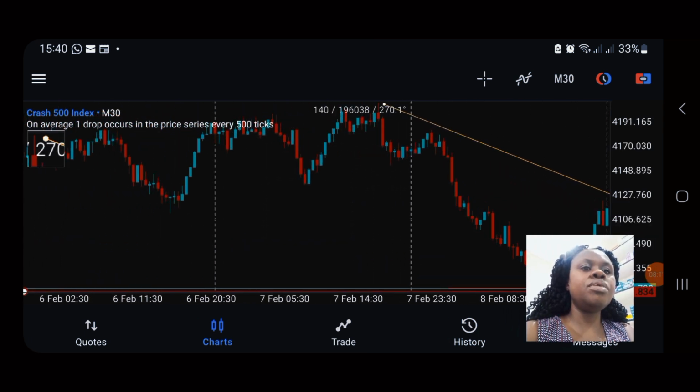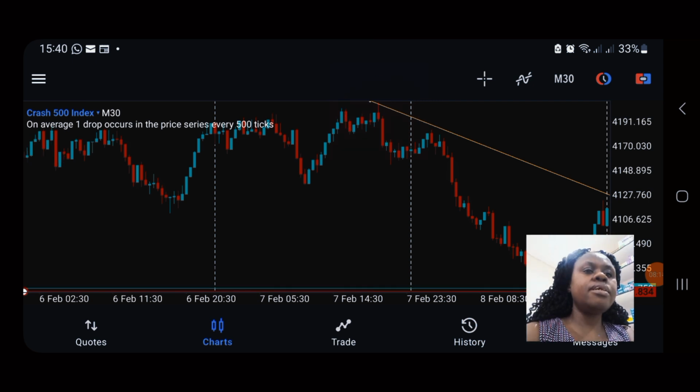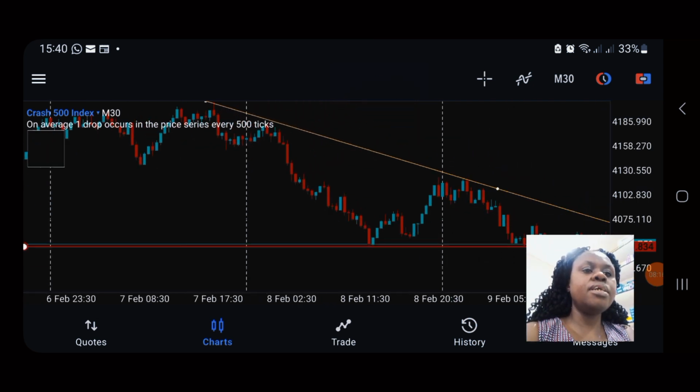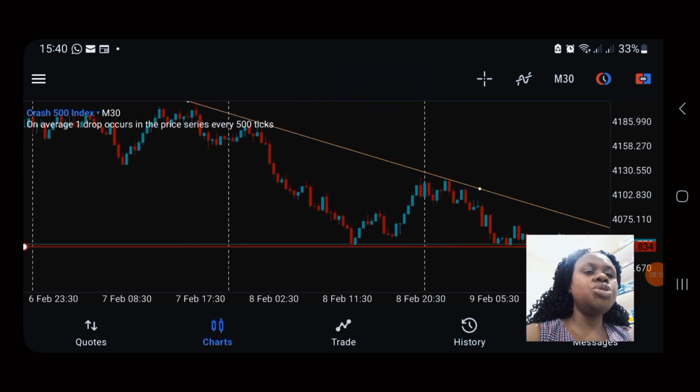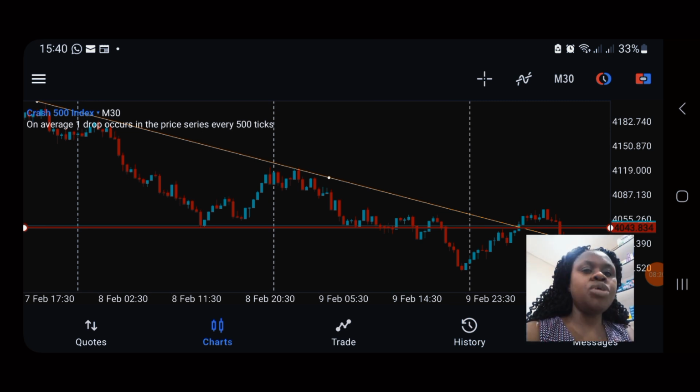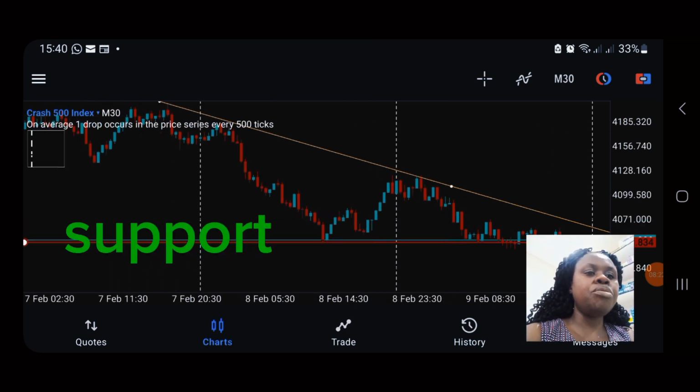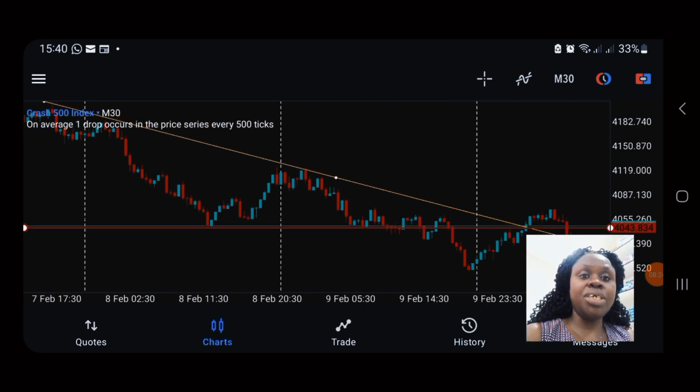So your touch point, first one, stay. Then the second one there. Then the third one, use it as an entry point and time your exit on that support right there, and you get some profit and you make some money. So this is how you trade on trend lines. This is how you can use trend lines to enter and exit the market, which is a bit easier than some other patterns as well,